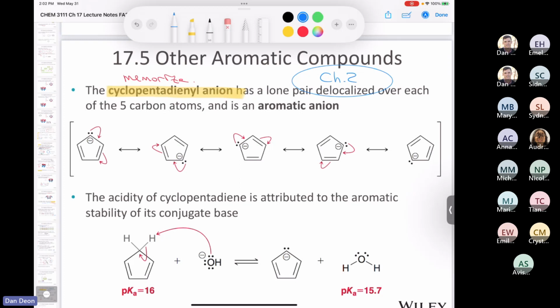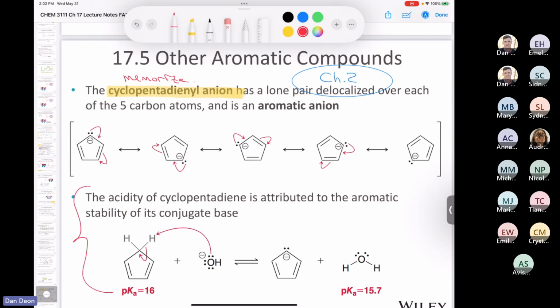If you don't remember that, pause the video, rewind it 10 seconds. The lone pair has to be in a p orbital to participate in resonance. So since we have all these resonance forms, it tells you that that lone pair is in a p orbital, okay? And so kind of the second thing that they love to ask questions about, and I've asked questions about